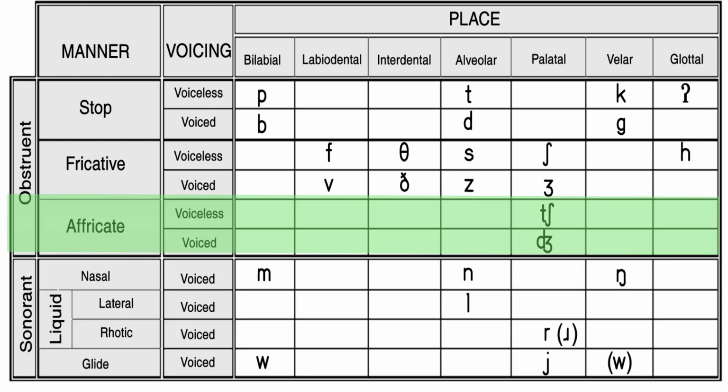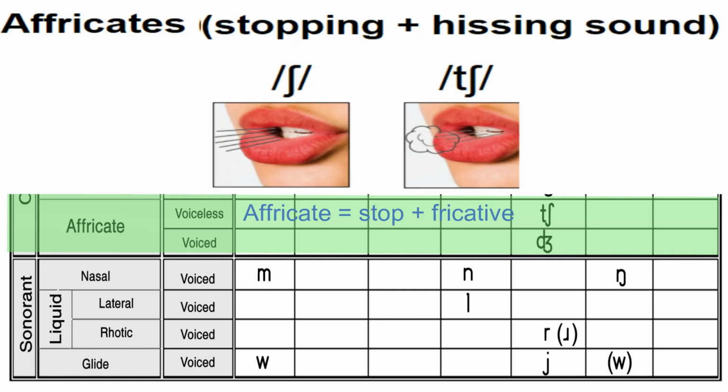Affricates. Affricates are made by combining a stop with a fricative. The mouth is closed at first, as in a stop. Then it remains open a little bit into position for a fricative. So an affricate is a stop with a slow release. For instance,